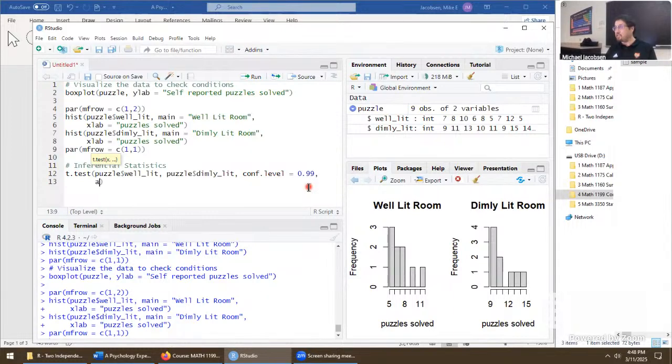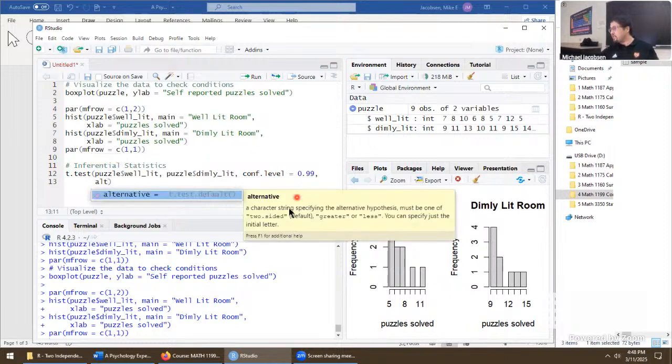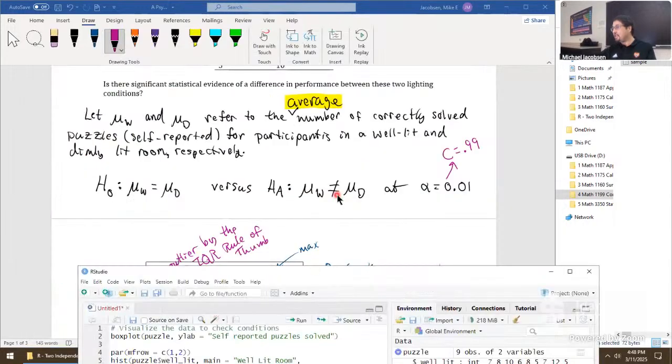And last thing to say is alternative. It is two-sided, and that is the default, which means we don't actually have to change anything here. But it's not a bad idea because if we had a greater than or less than sign here, we would need to specify that.